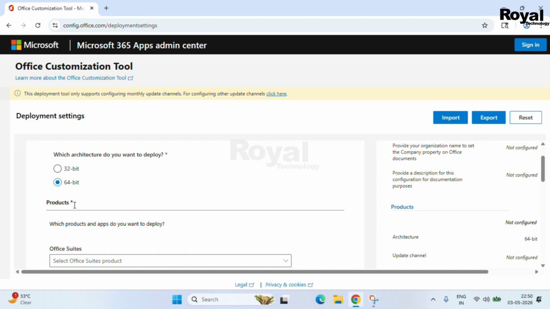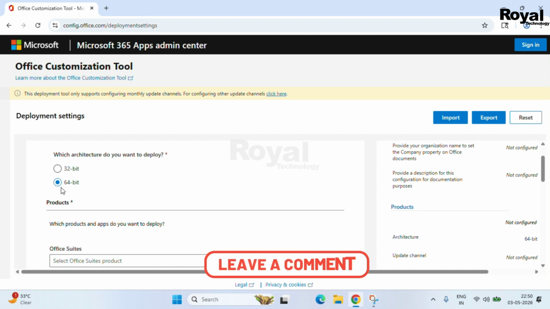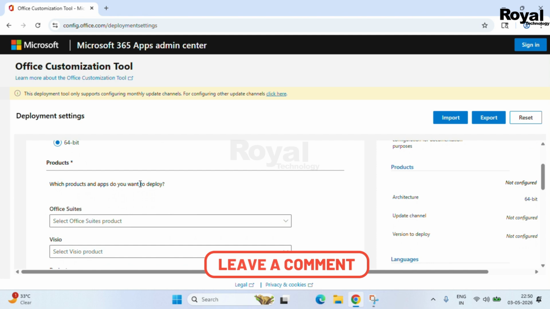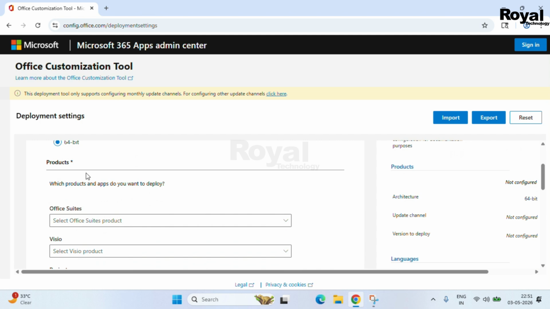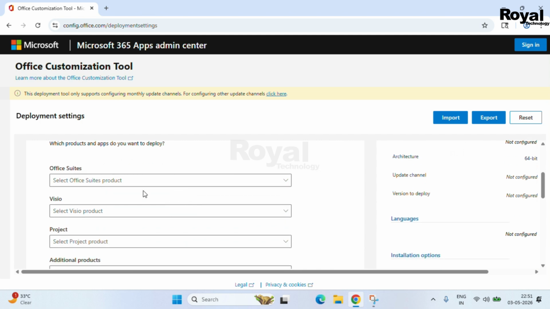I'm not going into detail, but just wanted to say that if your machine is very old, then you can select 32-bit, or if your system supports 64-bit or it's a new machine, laptop or desktop, so you can select 64-bit in that case. So nowadays you can select a 64-bit and continue. So I'm selecting 64-bit, and then over here if you scroll down,